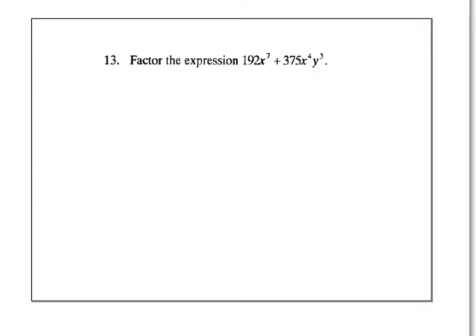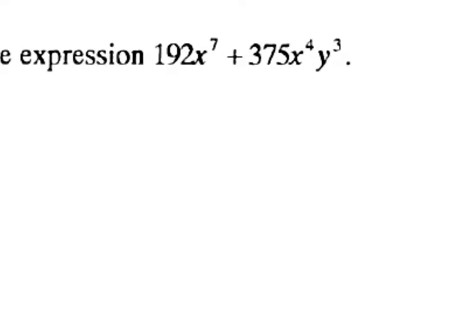So number 13 asks us to factor the expression 192 x to the 7th plus 375 x to the 4th y cubed. Well, again, anytime we're asked to factor, the first thing to look for is the GCF. So we're looking at what number they both have in common. These are numbers we don't see as often, so you can do a couple of things. One is you could list the factors. So for example, 192 is 1 times 192, 2 times 96, 3 times 64,